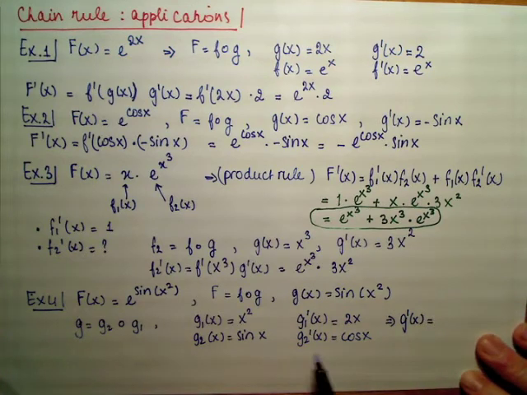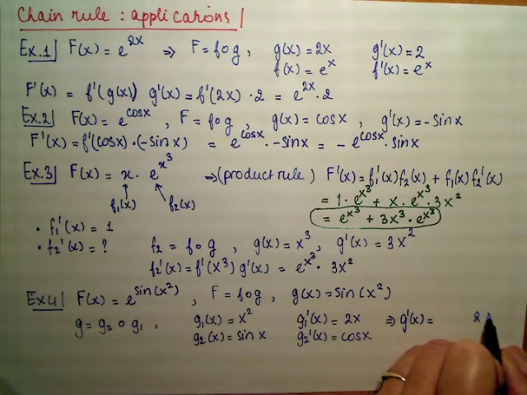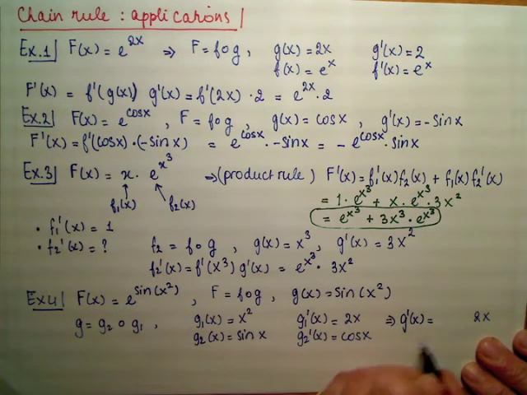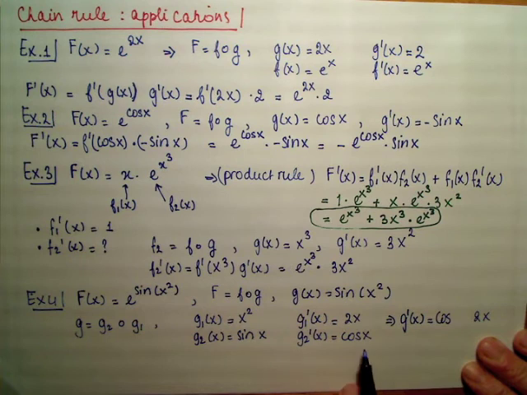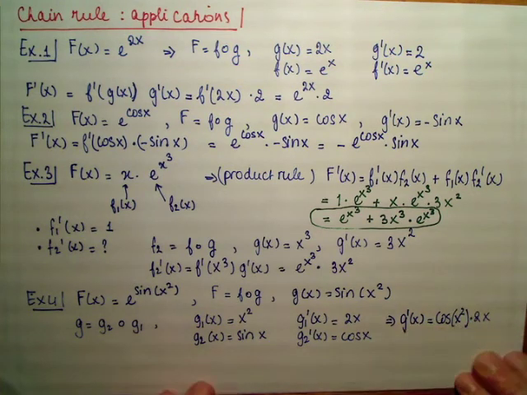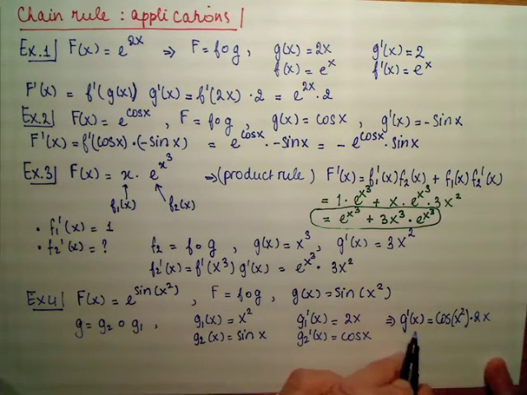Well, it's the derivative of our g1, which is 2x, multiplied by the derivative of g2, which is cosine. And what do we take the cosine of? We take the cosine of our g1. Now I start to do it a little bit quicker, because you already saw this a number of times. Okay, now we have the derivative of g,